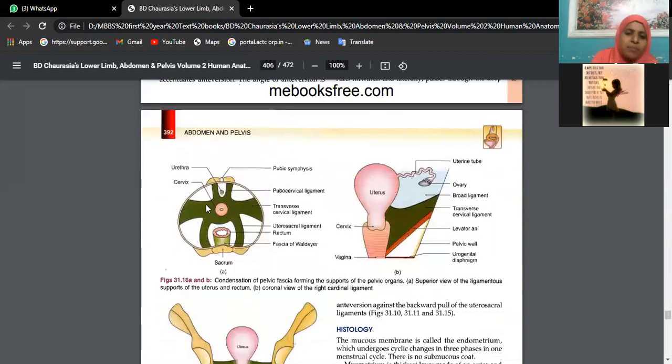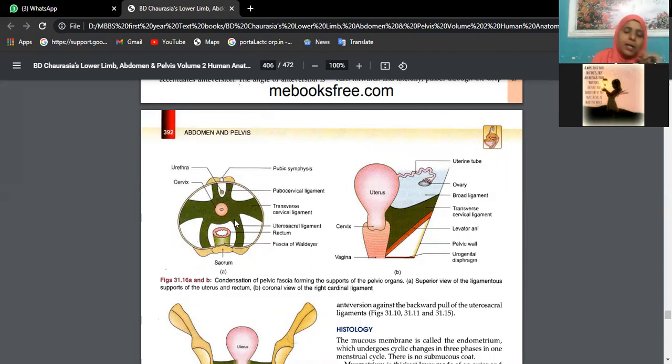Now, apart from that, if you observe this picture, this is the transverse section of the body wall. This is the pubic symphysis area. This is the sacrum area. As Ritika told us, from anterior to posterior the organs are urinary bladder, then uterus, then rectum and anal canal. The section has been taken at the level of urethra, cervix, and rectum. The supports extending from the cervix all around: from the cervix to the pubic symphysis, it is the pubocervical ligament. From the cervix to the body wall, you call it the transverse cervical ligament, also called Mackenrodt's ligament.